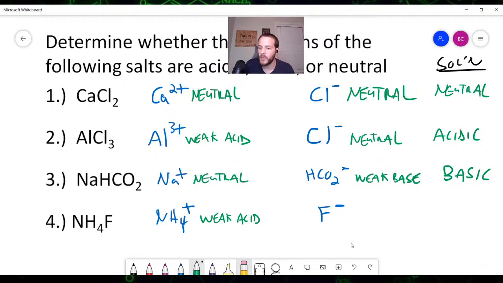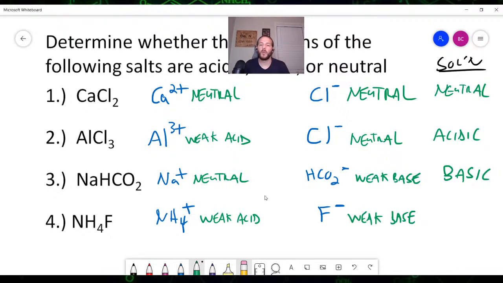Now F-, well, that's the conjugate base of HF, hydrofluoric acid. So the question is, is hydrofluoric acid a strong base or a weak base? And again, if you look it up in your reference table, you will find that HF, hydrofluoric acid, is a weak base. So since our anion is the conjugate base of a, did I say base? I meant acid. HF is a weak acid. So since our anion, F-, is the conjugate base of a weak acid, F- is going to act as a weak base,